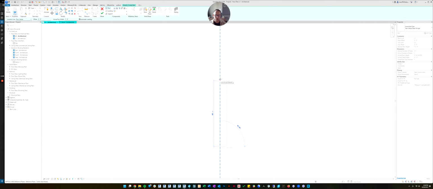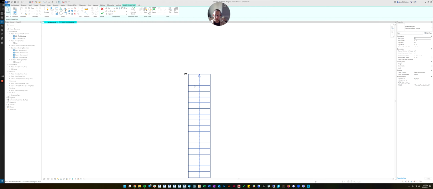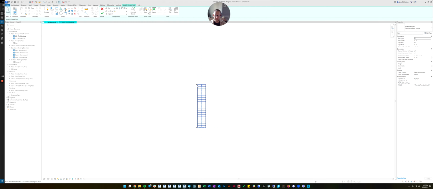So we're just going to do a straight run, and you can see down at the bottom of my stairs, it says there's 19 risers created, and it tells you how many are remaining. As you pull the stair in and out, it tells you how many you're creating and how many you still need. So we're going to go to the very end where it says 21 risers created and 0 remaining, and click. And there you go. It builds your stair for you.